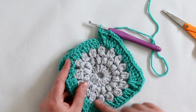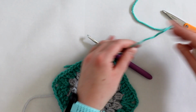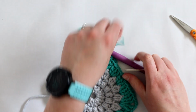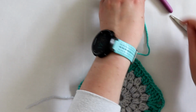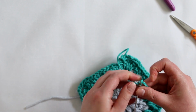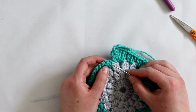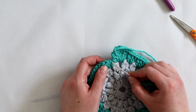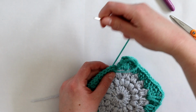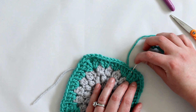So once you've finished your whole border, to make your square actually be a square, you're just going to do that invisible join again. So you'll trim your yarn, pull your hook all the way through, join your tapestry needle. Oops, my yarn was kind of fluffy. And then again, you're going to go over where this chain 2 was, through both loops, pull it all the way through, and then you'll go in through